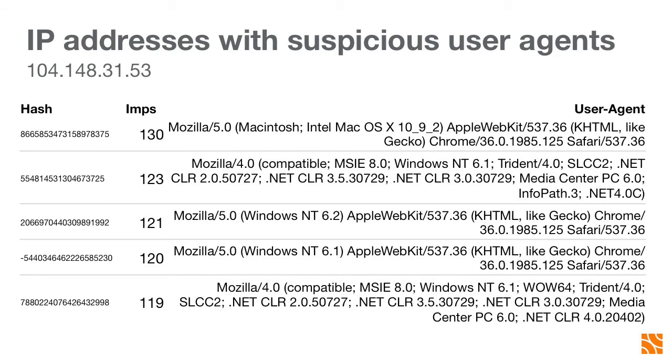Now, let's go back to that IP address I mentioned earlier. This is that 104 IP address. That is the Global Frag network. And these are the top 5 user agents that we saw from that IP address today. Remember, this is one IP address, and they're claiming to have all these different kinds of computers. They're running Chrome on a couple different versions of Windows, apparently a couple different versions of Internet Explorer. It's not shown here, but they also have iPhones and iPads and stuff like that.